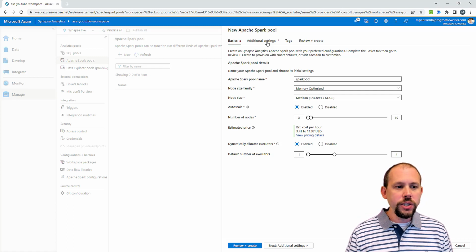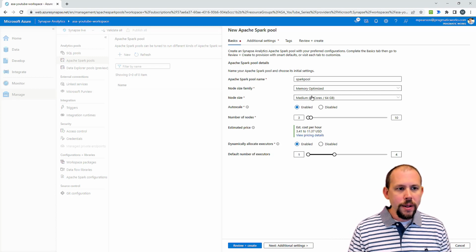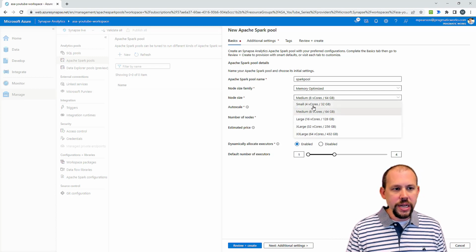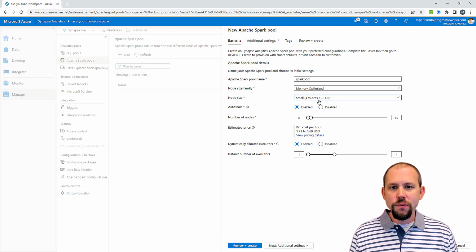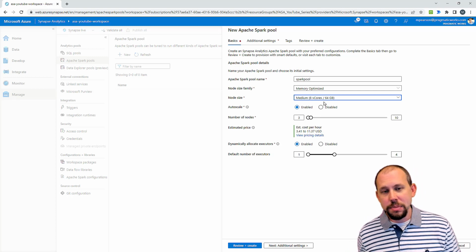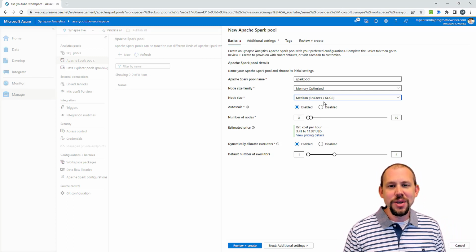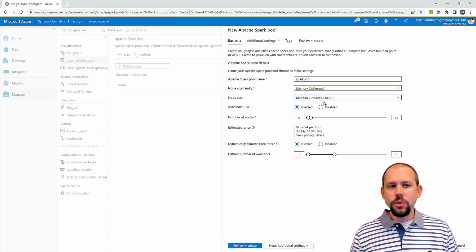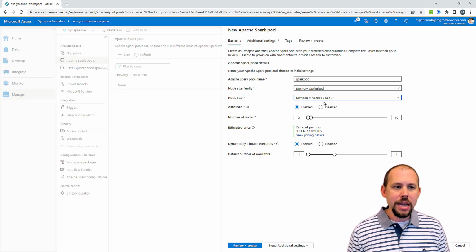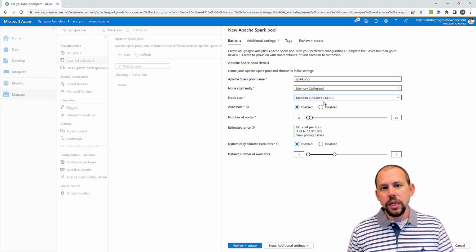This is one of those newer features that lets you have a little bit more control if you really understand your workload. I will say that I generally, for training purposes, will go with a small 4 virtual cores. If you go with 8, there's a good chance, especially if you're on a trial edition, just chugging along here, learning Azure with us, there's a good chance you might run into some kind of soft limit, meaning Microsoft actually won't let that work once you go to run your notebooks,